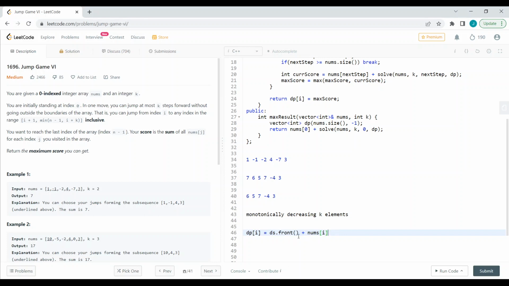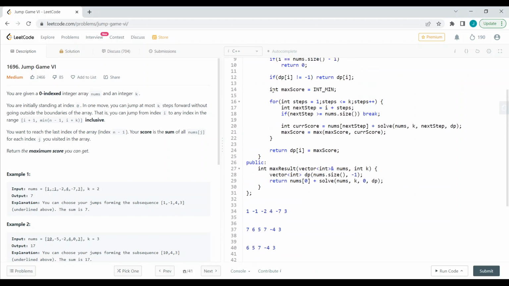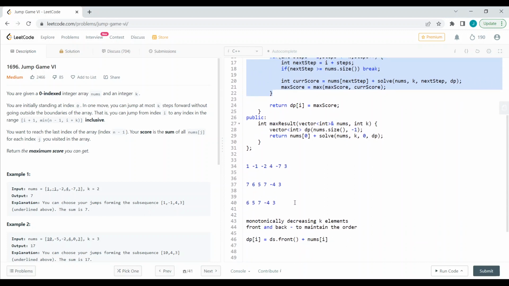And then I will obviously insert this dp of i into that monotonically decreasing k elements. To maintain monotonically decreasing k elements, we will be using a deque, which can insert at front and back. So by this I can maintain the order, so that I can reduce this inner loop. Instead of going for an n square solution, we can reduce the inner loop and do it in